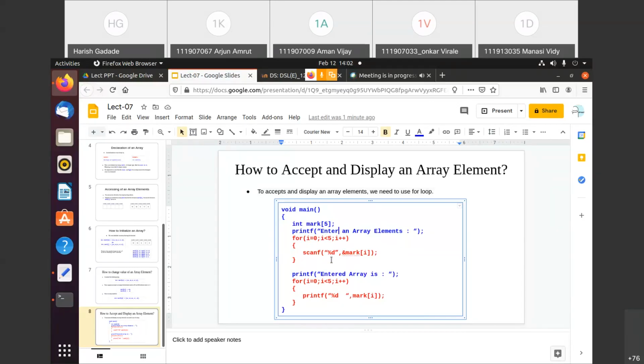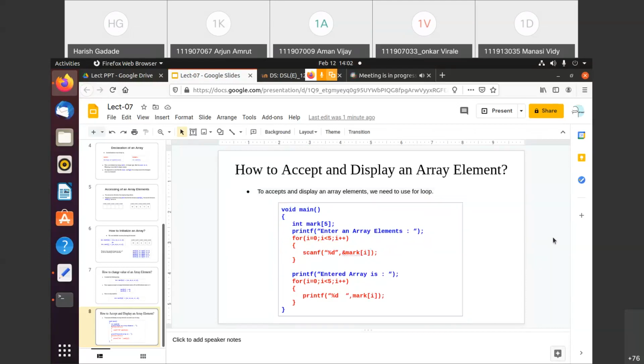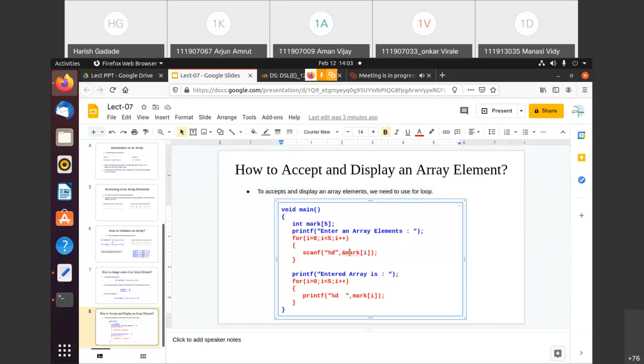So for that I just use this segment, right? So here you can see, this is used to store that element into the particular location. Initially that i value is 0, so whatever value you are entering will be stored at mark 0. Getting?